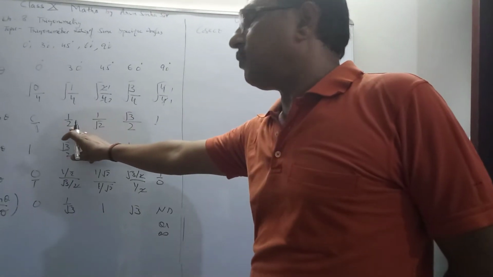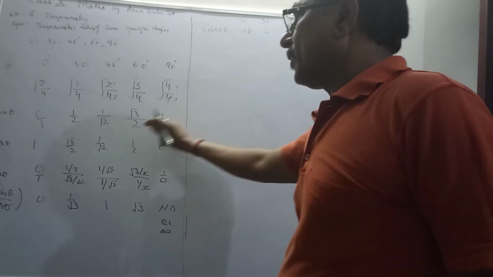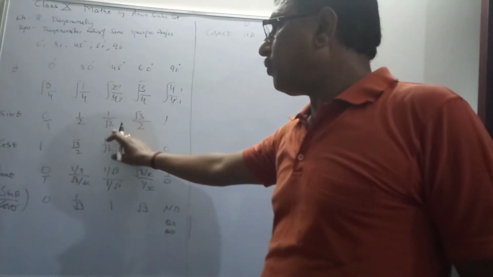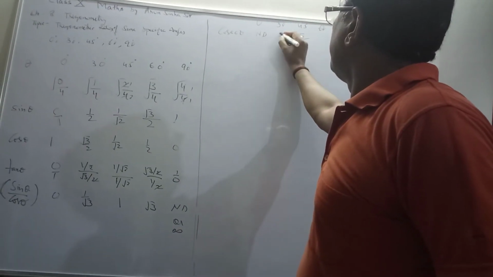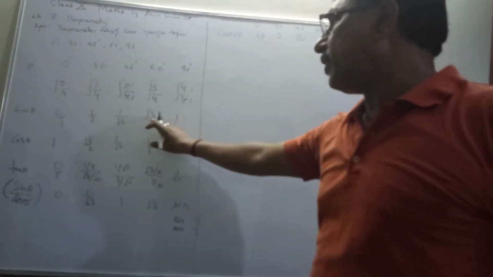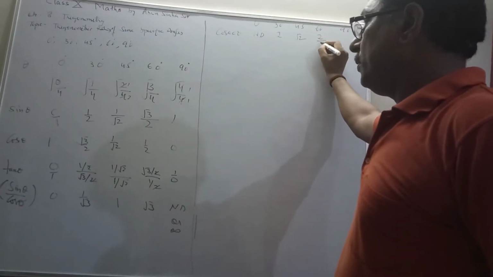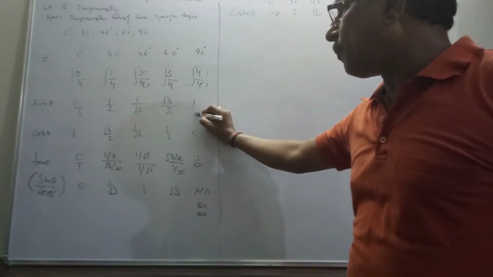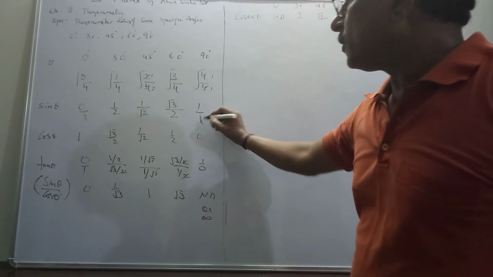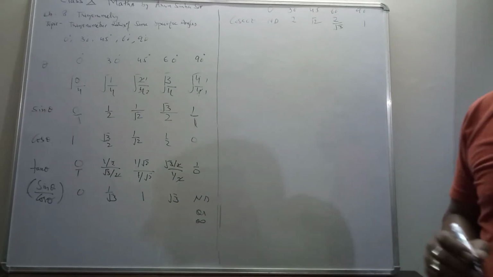Then you can see the 1 by 2. 1 by 2 reciprocal, 2 by 1, that is 2. Then you see the third, 1 by root 2. Just reciprocate it. You will get root 2. Now you can see the next value, root 3 upon 2. Just take the reciprocal. You will get 2 upon root 3. The next value is 1. 1 means 1 upon 1. Okay. So we will get what? 1 upon 1 means 1 again. Okay. So what will you get, children?